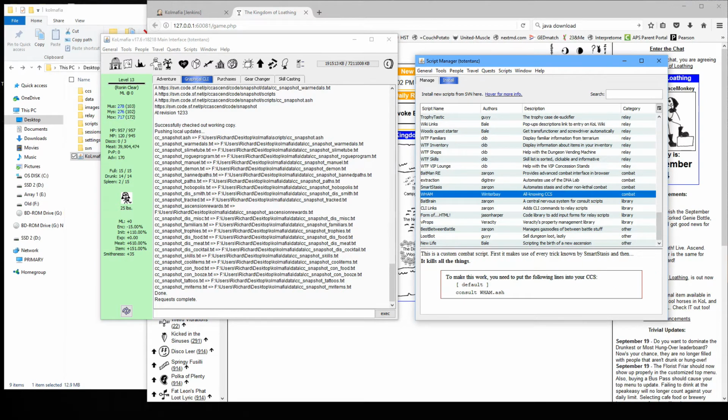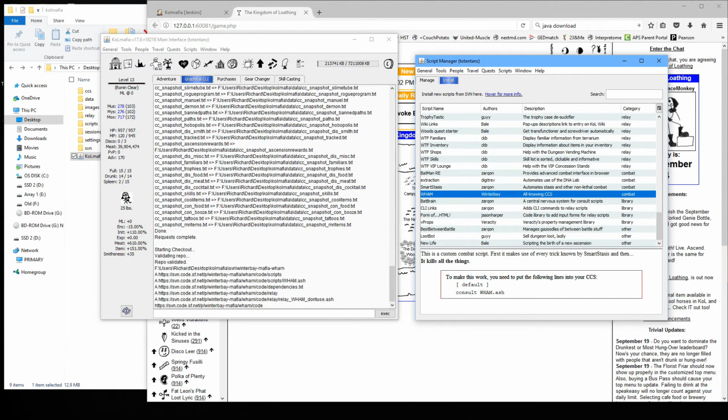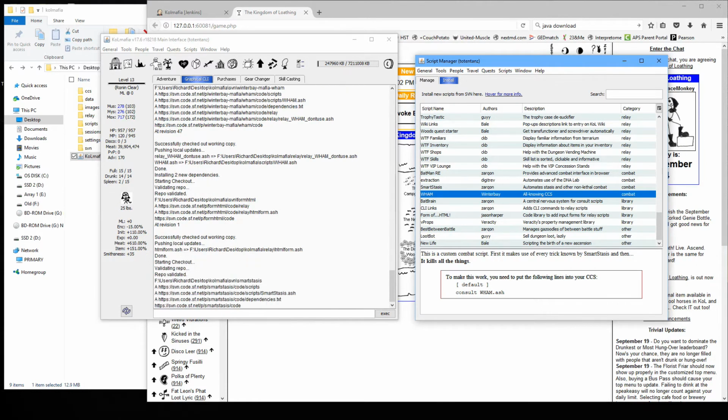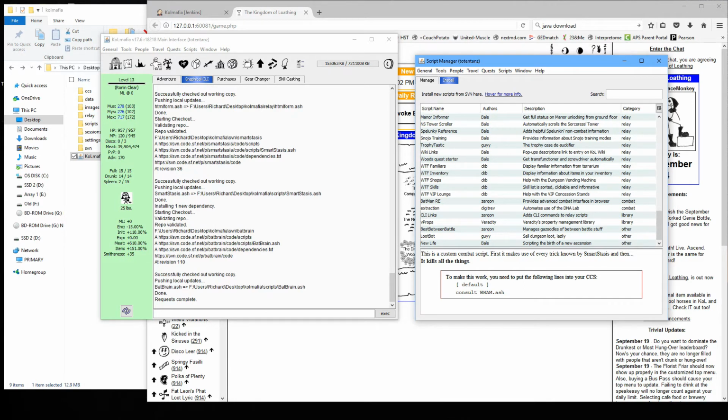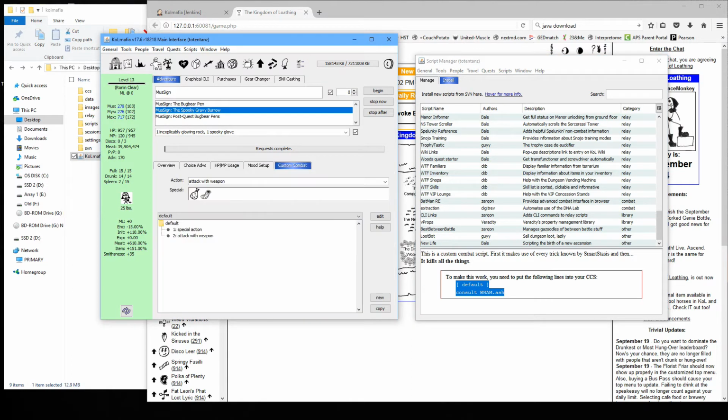combat. We're going to want Wham. And I believe Wham will install Smart Stasis for us as well, but let's see what it does. Yeah, it did. Bat Brain for us as well. Okay, so with Wham, once you have that installed, what you're going to want to do, and it tells you right here, we're going to want to add this to our CCS. So let's go ahead and do that real quick before we forget. And we'll just delete those, and we'll go consult Wham